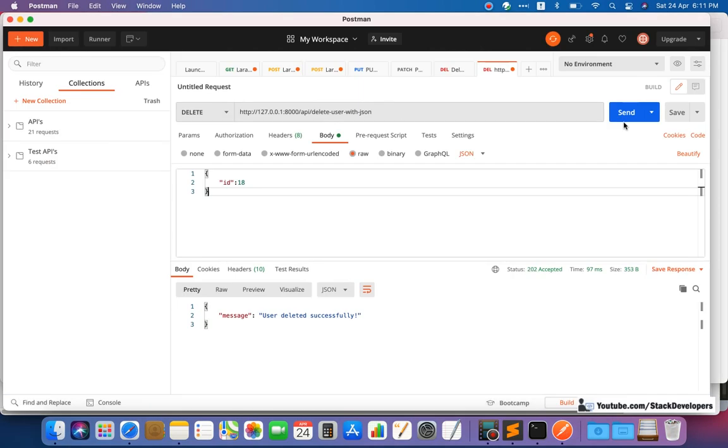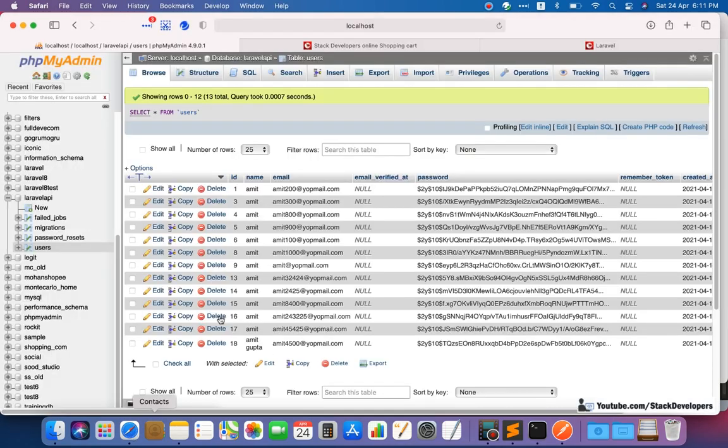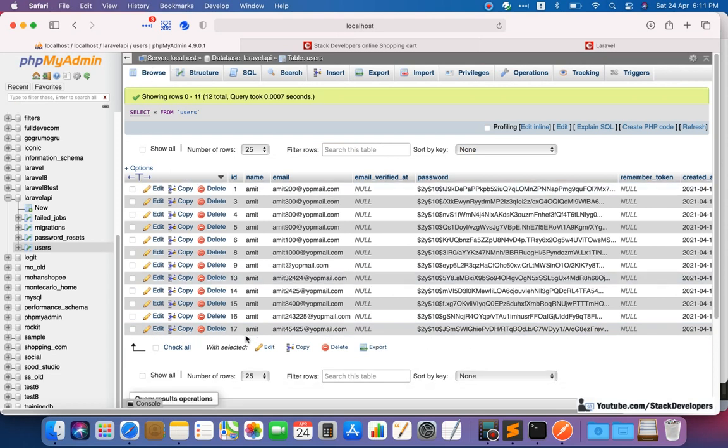Let's see here, 204 no content. There is no content at all, nothing is coming in response. And we can check whether we were able to delete the 18th ID, and you can see the 18th ID is gone away. The complete user details are gone.